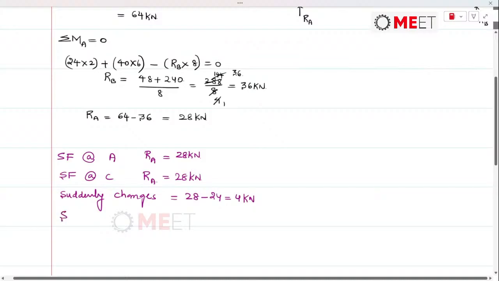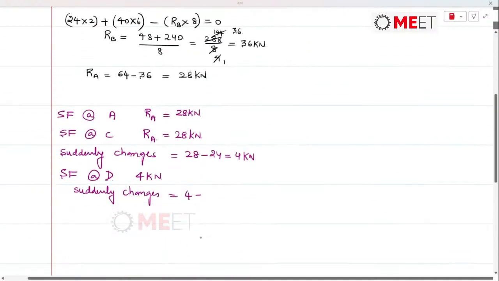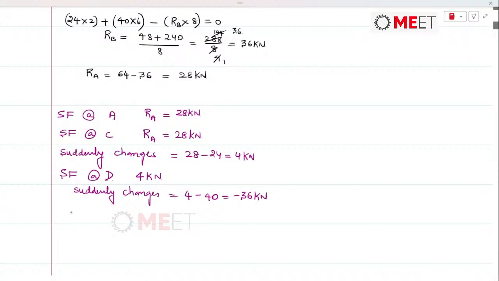Same way, shear force at D will be 4 kilonewtons, and this suddenly changes to 4 minus 40, and that is minus 36 kilonewtons, and shear force at B will be minus 36 kilonewtons,